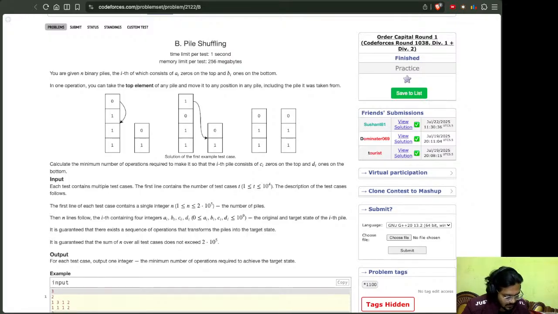So the first pile was initially this, the second pile was initially this, and you want both the piles to be 1 2 1 2, right? The minimum number of operations required to achieve the target state. Okay, so I think we need to output one integer, the sum of the total operations, right? So if I have something like 1 zero and 3 ones, then 1 zero and 1 one,